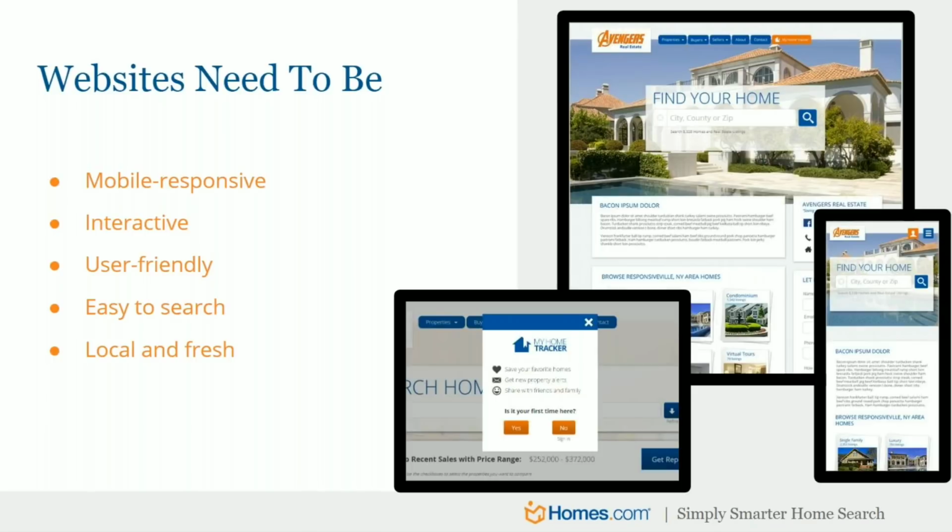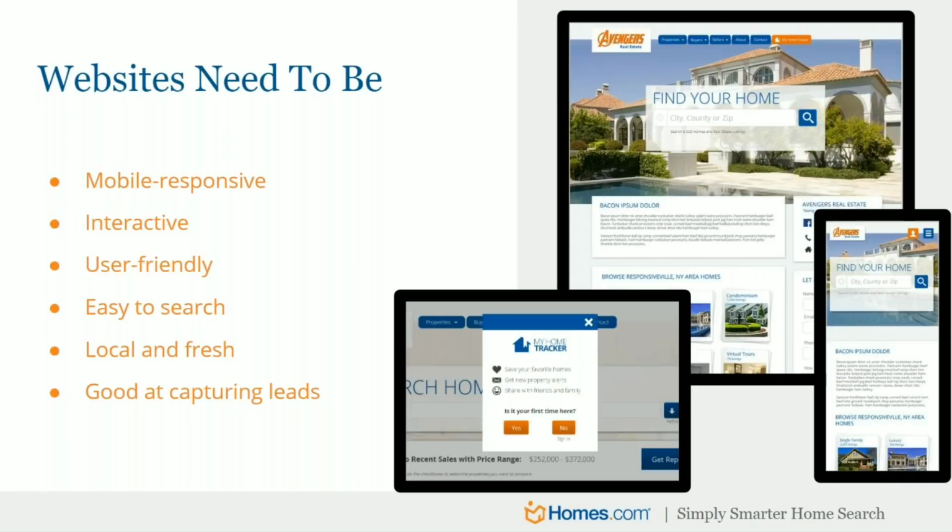Adding local and fresh content is extremely important. And I'm going to get into that here in a little bit. And of course, good at capturing leads. You'd be surprised how many websites are out there that look absolutely gorgeous, but don't have a lot of places to capture leads. There's a lot of sites out there where you can't even fill out a what's my home worth form. All I have is the option to go on and look at other properties.